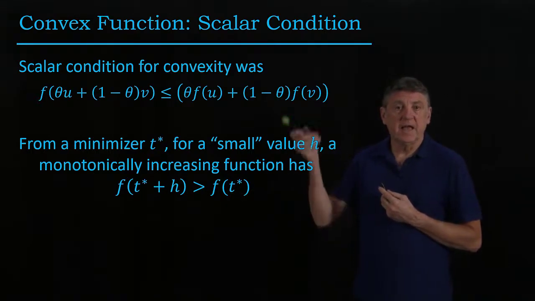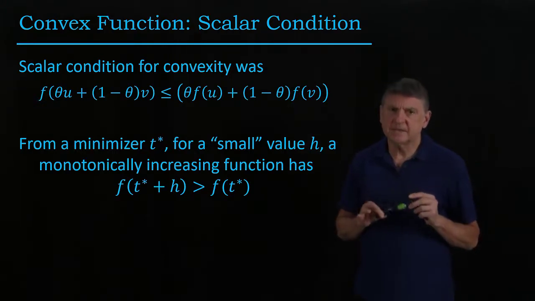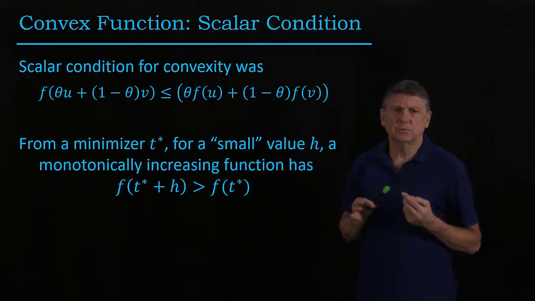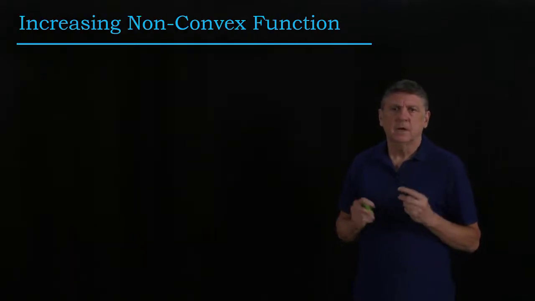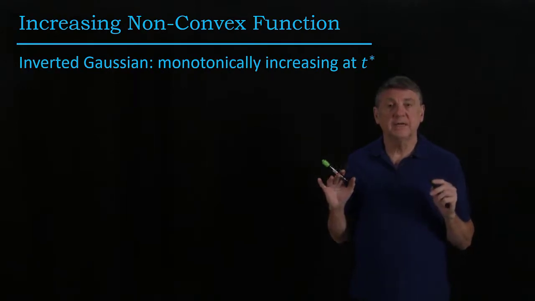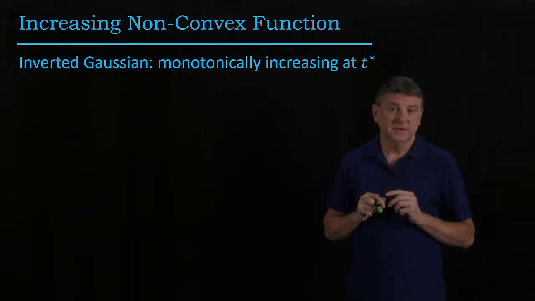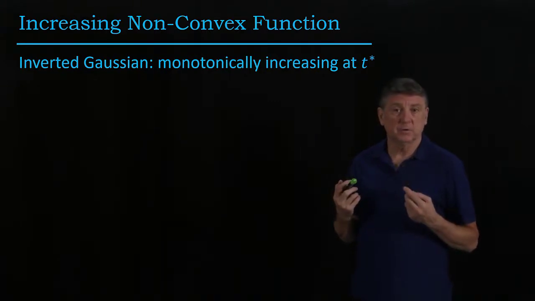Monotonically increasing and convex are not the same. They're closely related, and it's easy to confuse them, so let's go through a quick example so that we can sort that out. Here's a simple locally increasing non-convex function, and what I did was I took a Gaussian curve or a bell curve and simply